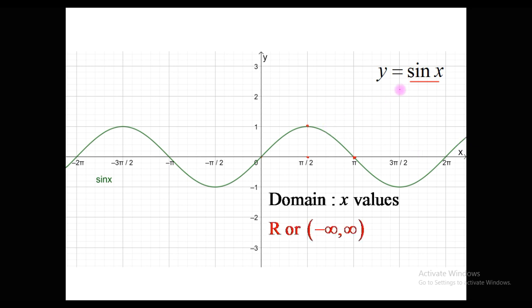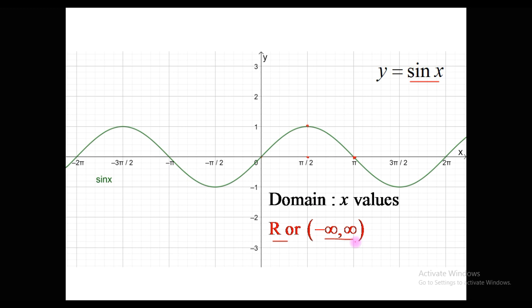Now let's see what the domain of sin x is. Domain means, I am recalling the definitions from 11th standard, domain takes care of all the values of x for which the function exists. This graph is spread over the complete R, the complete real number line. All the values of x are permissible. For each value of x I am going to get some value of y. So the domain of this is R, which could be written as minus infinity to infinity.